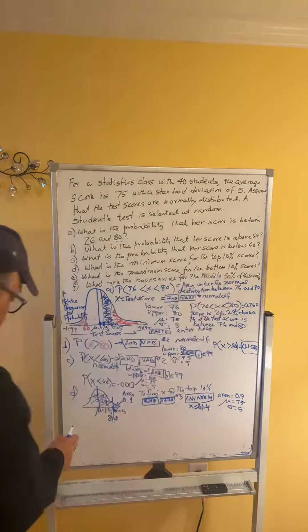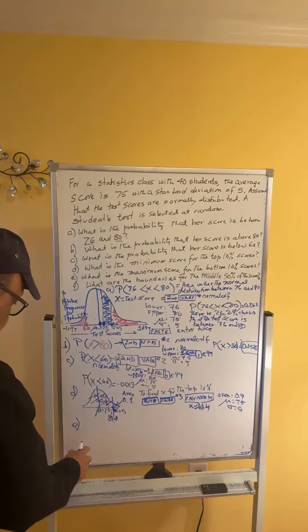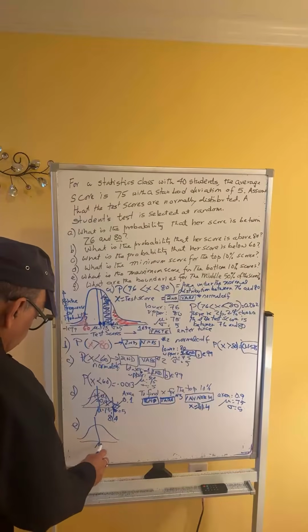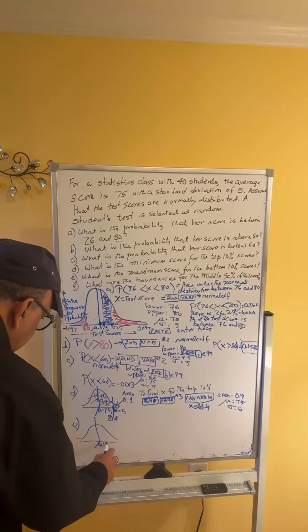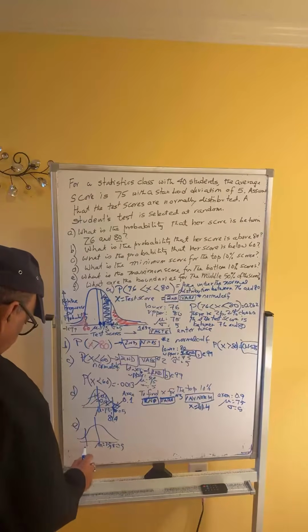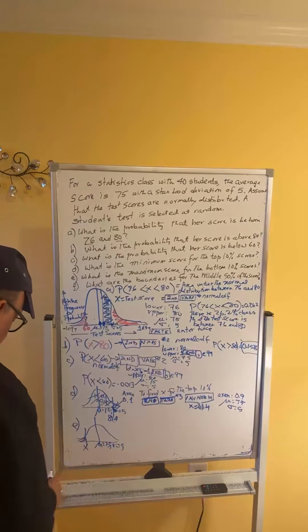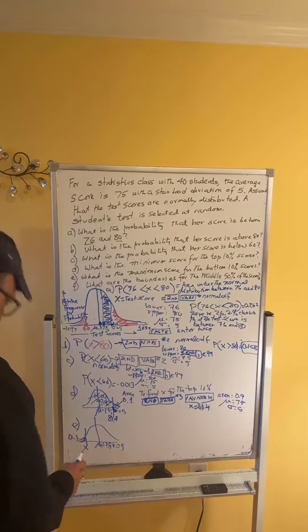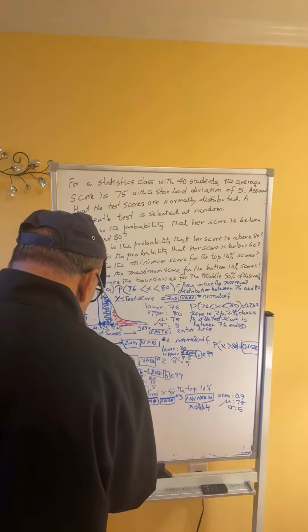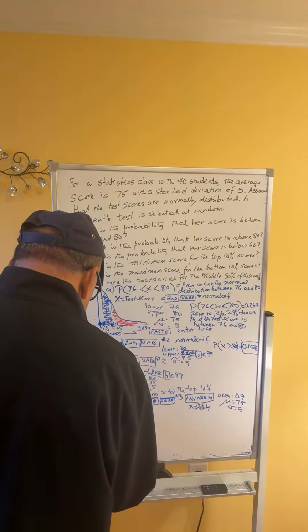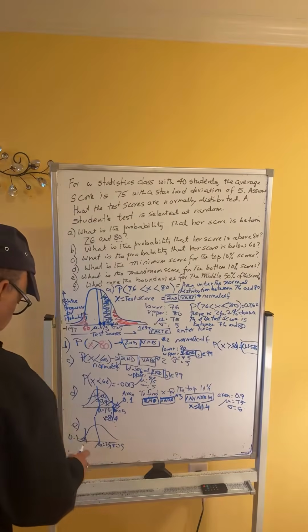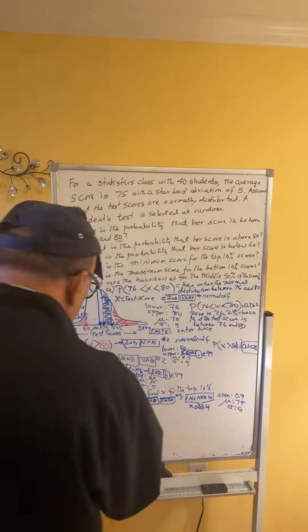Now they want for the bottom 10%. So the picture is slightly different. Now bottom means we are on the left. So this is mu, 75, sigma is 5. Bottom 10% means we want to find this x such that the area to the left of it is 0.1. If this x is 81.4, let's call this one y or something like that. Bottom 10%. So to find y,